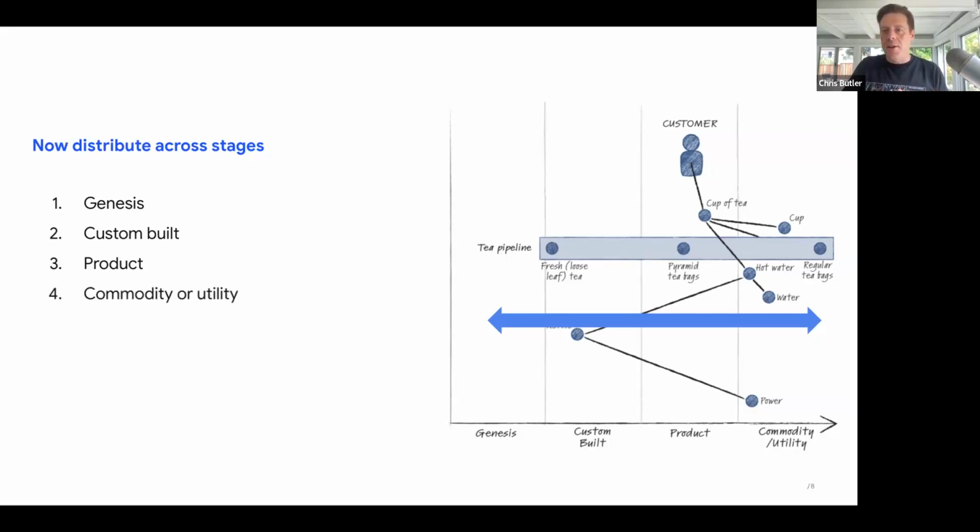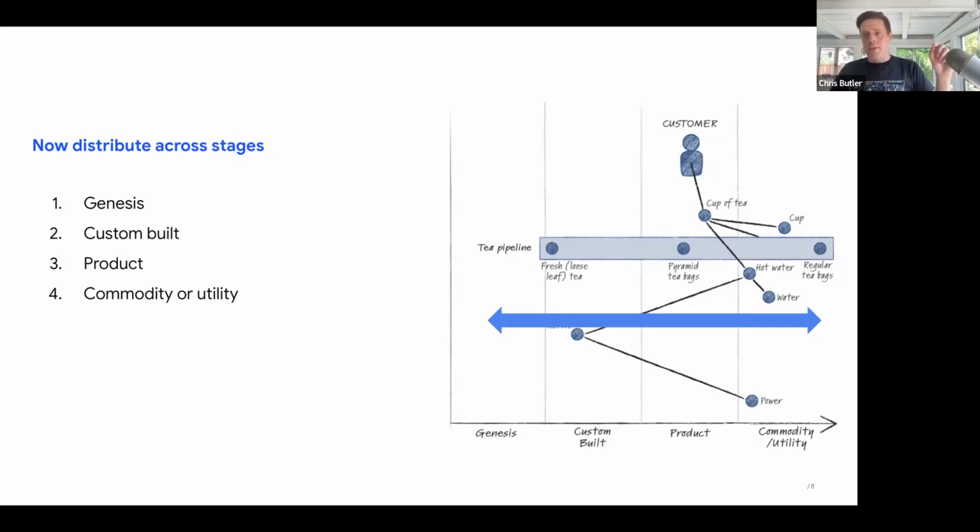And then finally, commodification is that almost everybody should understand what it is, and it's very common. It's something that's widely available. Usually commodification also means that it becomes cheaper. And so there's a gameplay that starts to happen here where if something is successful in the Genesis stage, usually we'll start to move through the different phases through to commodification.